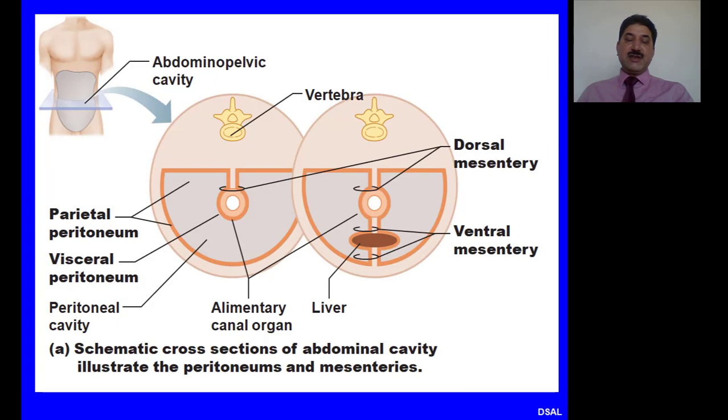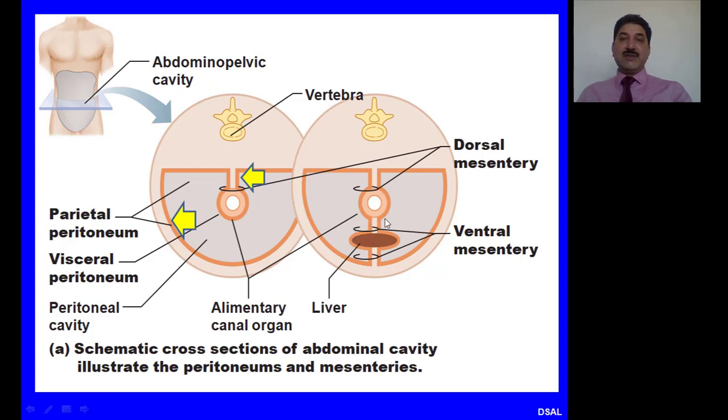In this section, you can see the abdominal wall is lined by parietal peritoneum. After being reflected from the posterior abdominal wall, it becomes mesentery. Then it encloses a loop of gut which is intraperitoneal. In the second slide, ventral mesentery is there. The liver develops in the ventral mesentery, dividing it into the falciform ligament, which lies between the anterior abdominal wall and liver and under surface of the diaphragm, and the lesser omentum, which lies between the lesser curvature of the stomach, proximal part of the duodenum and